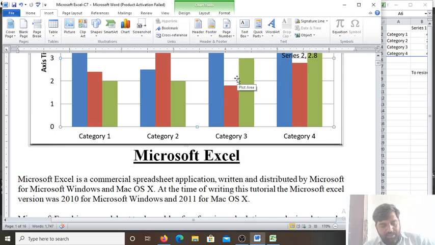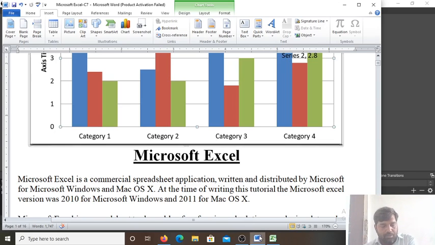So now we have to move to the types of chart. How many types of charts are there? Excel offers a wide range of charts to interpret the data, and these charts have some common features, and they assist the users in comprehending the data logically, means in understanding the data logically.